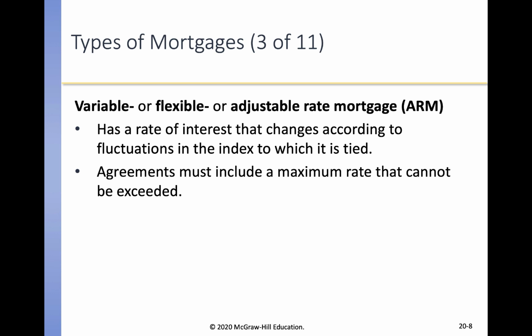There's also variable or adjustable rate flexible mortgages. So in a conventional mortgage, usually the interest rate would stay the same over the life of the loan. So it might be a 15-year mortgage, a 20-year, a 30-year, and traditionally the interest rate would stay the same. If I have a flexible rate mortgage, the interest rate is going to change, and it's going to be tied to some index, which is tied to the market. And it will have an agreement probably that includes a maximum rate of interest that can't be exceeded. But the rate will generally rise as the market rate rises.